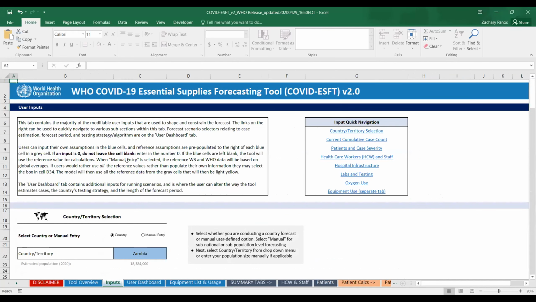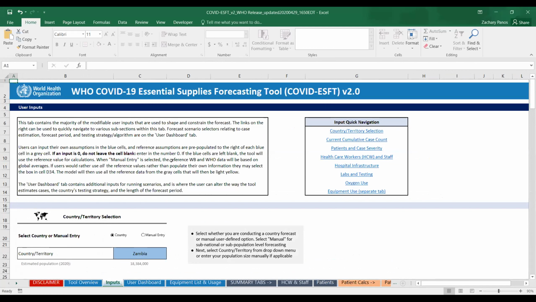So the first real input tab for users is the input tab. And here is where we have consolidated nearly all of the potential inputs that a user may edit in the course of using this tool. This is version 2.0 of this tool.